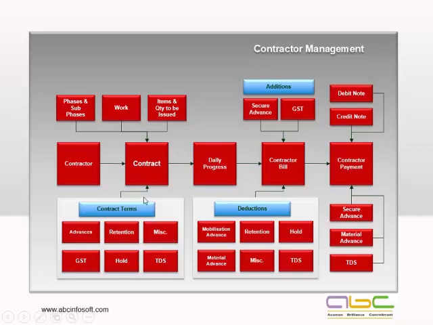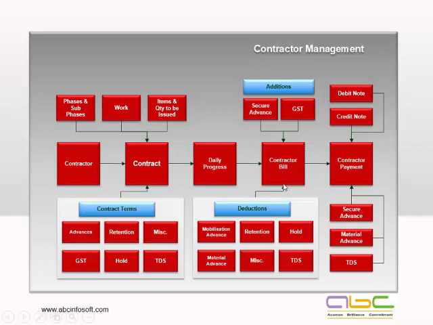And there's one more thing. The contract could normally be made in two different ways. One is as per the measurement, or it could be as per the payment schedule, with any milestone achieved, and then you want to clear the payment depending upon the milestone achievement. Then from the daily progress itself, we can have a contractor bill. If you are not updating the daily progress, you can even update the progress here itself.